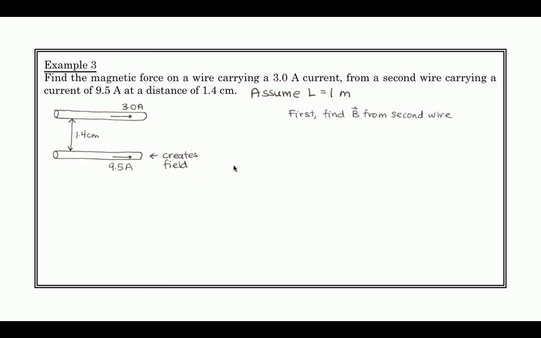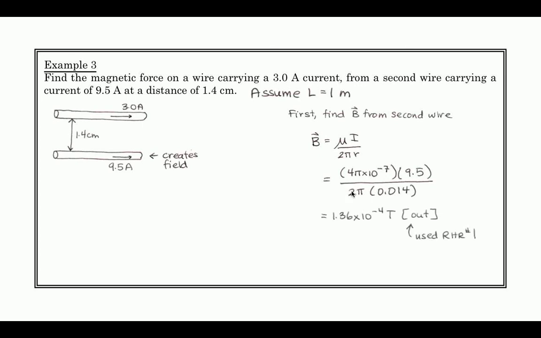So there's 2 steps to this. First, we have to find the magnetic field from this second wire, this wire down here. So let's do that first. It's a straight conductor, so we say mu I over 2 pi r. We make our substitutions and we solve, and we say that it's 1.36 times 10 to the negative 4 Tesla, and that's directed out of the page